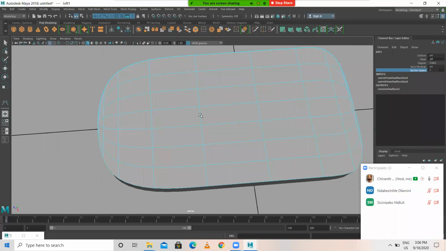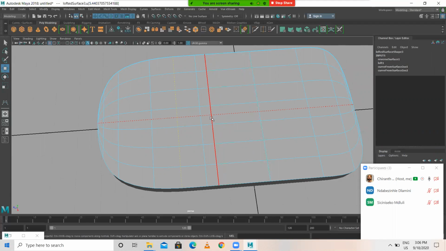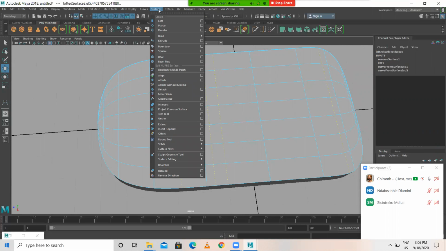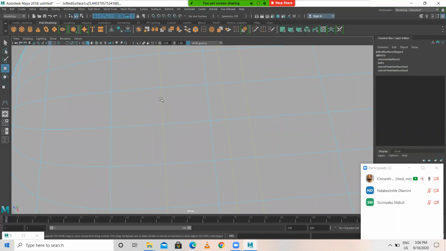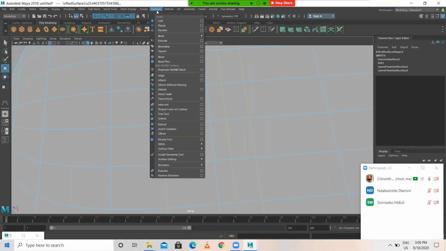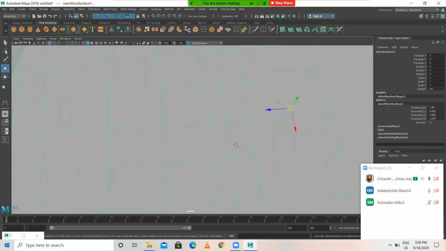So go to isopump, just drag over here. For multiple things, you need to hold shift. To complete the tool, go to surface to complete. See, you can see the dotted surface now. See, dotted mesh. So go to complete, you have to go to surface, insert isopump. When I click on insert isopump, you get mesh over here.